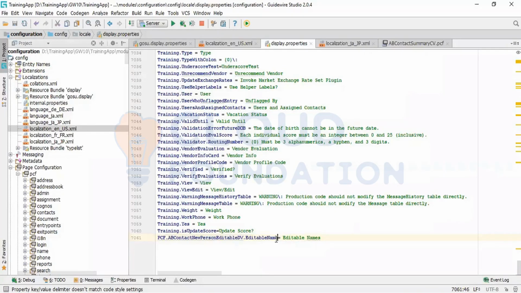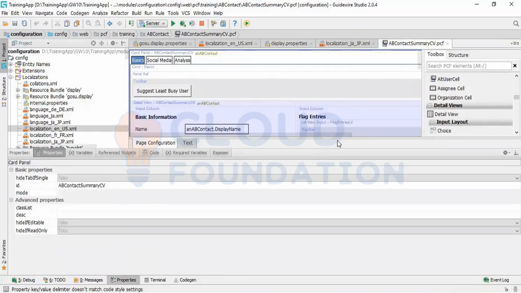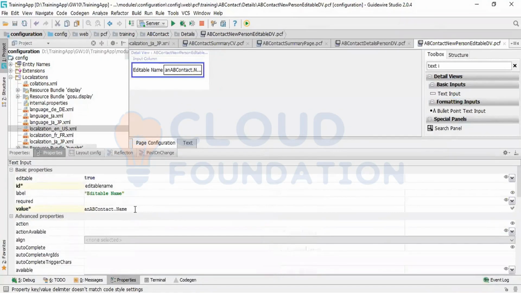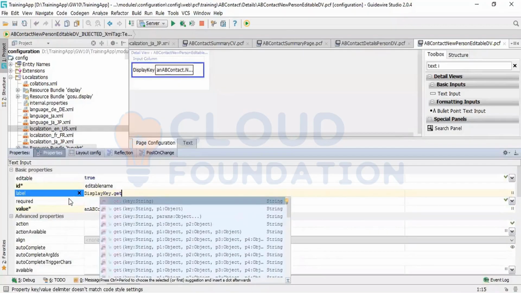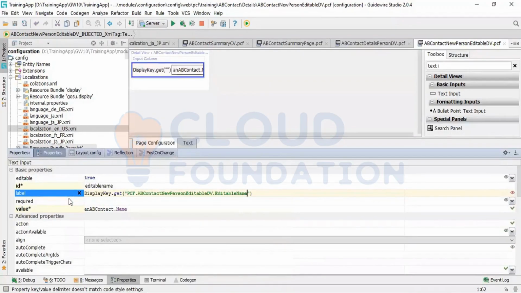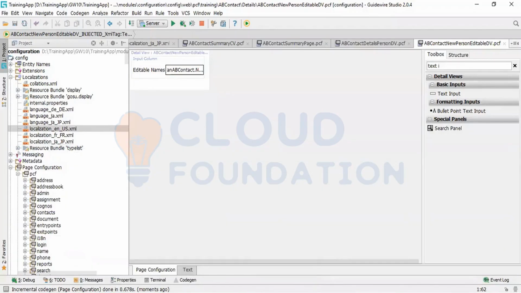You will copy this name and then paste it in the PCF file. To refer to that, you have to give display key.get and then your variable. Now you can see my error has gone. If I had made display key changes or dot properties changes,